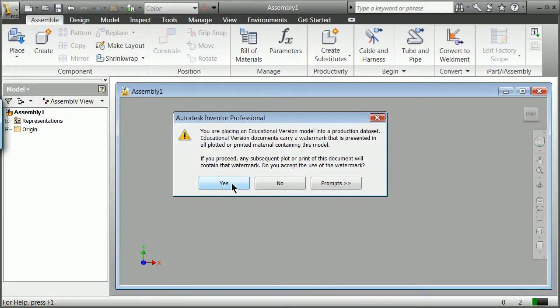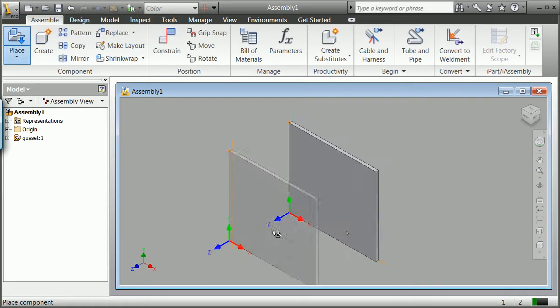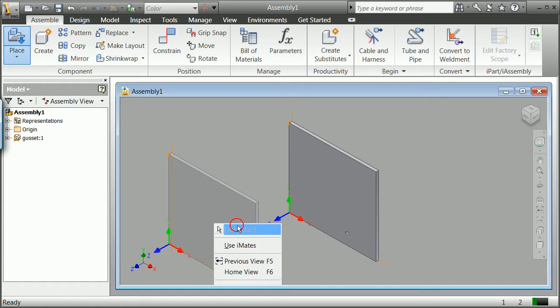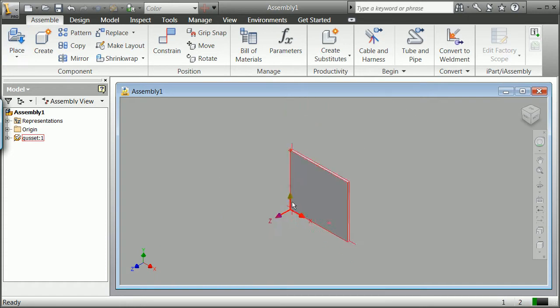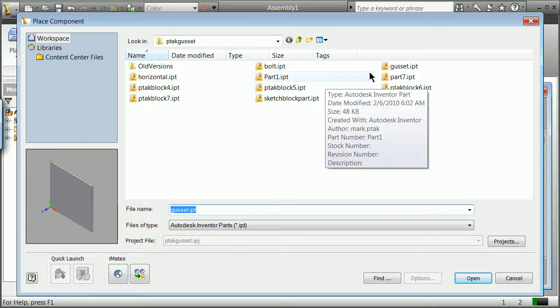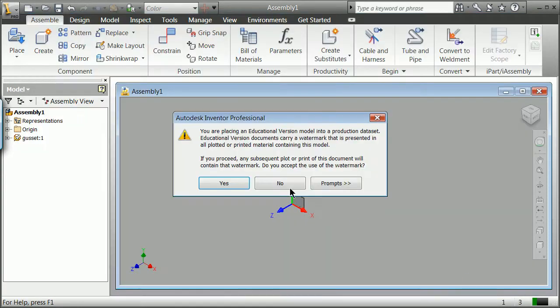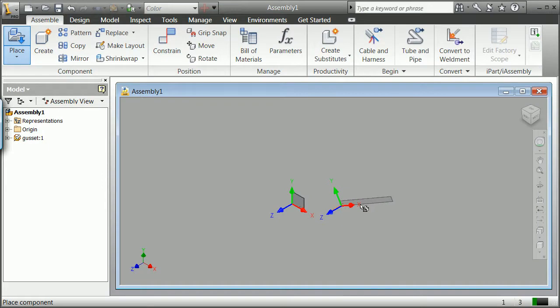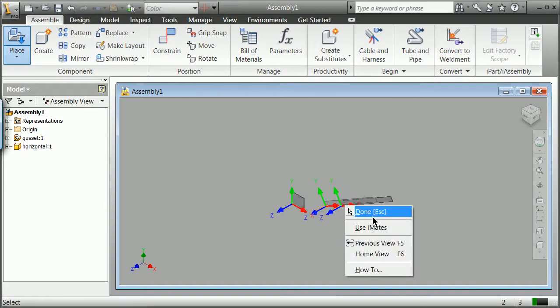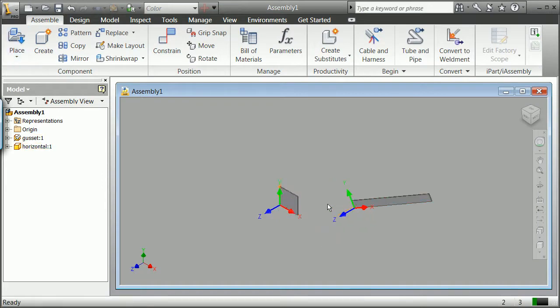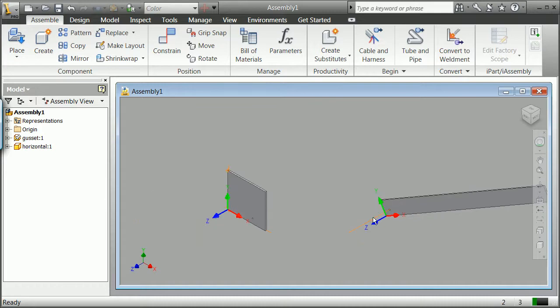Open here, and that brings that gusset plate, and it should bring it into generally 0, 0. And now I'm going to go ahead and place what I think it was going to be, let's see, slanted and horizontal. That horizontal part here, going to go ahead and bring it in. It's kind of odd to think you just kind of bring it in willy-nilly, if you would. Done. Now you've got a couple of things, different ways you can constrain these, and let's first start with constraining